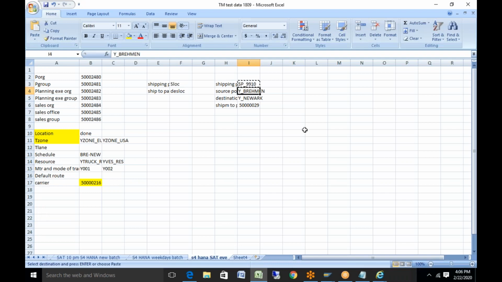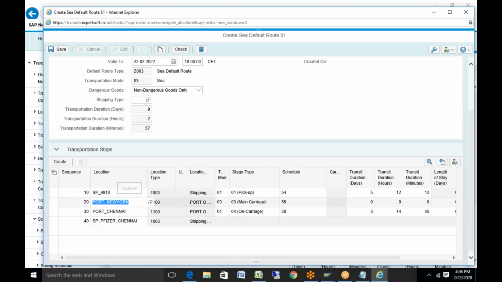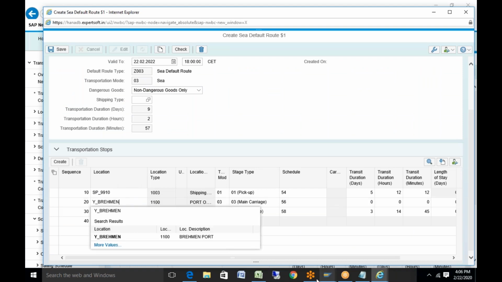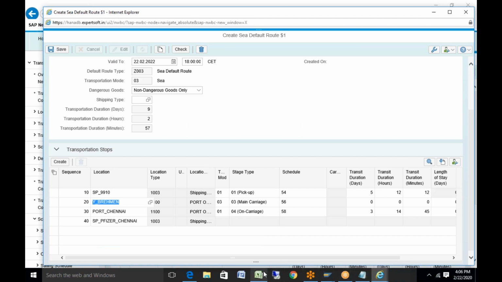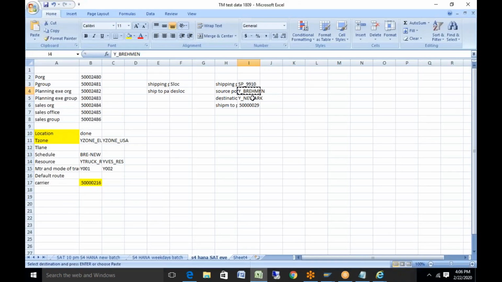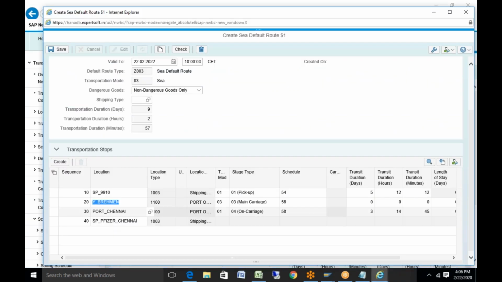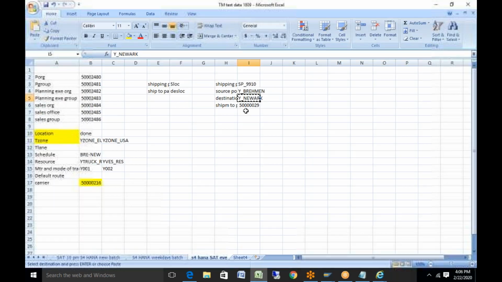It is going from the shipping point to Bremen, then from Bremen to Newark, and then from Newark to my customer location.